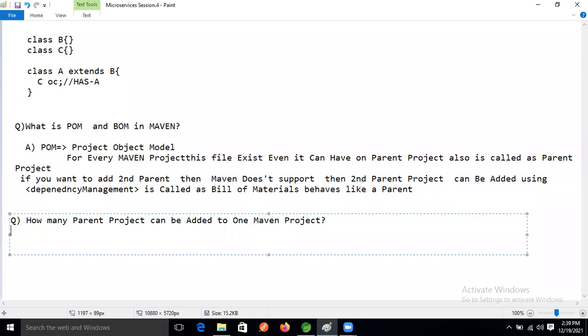Come on, give the answer now, guys. I need an answer from you based on our explanation. Using a Maven project, how many parent projects can we add? The answer is only one, guys.